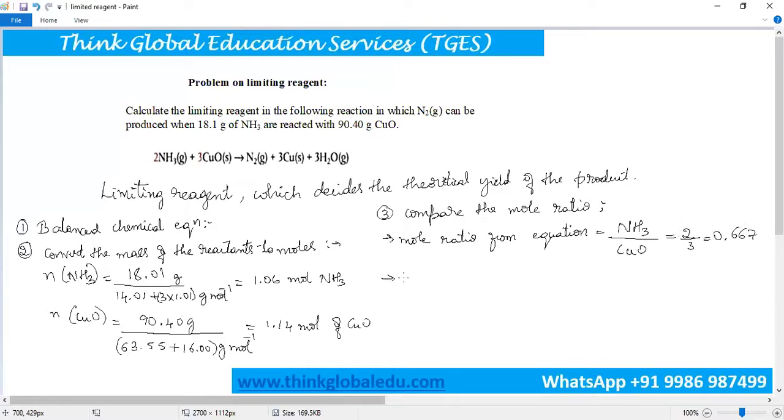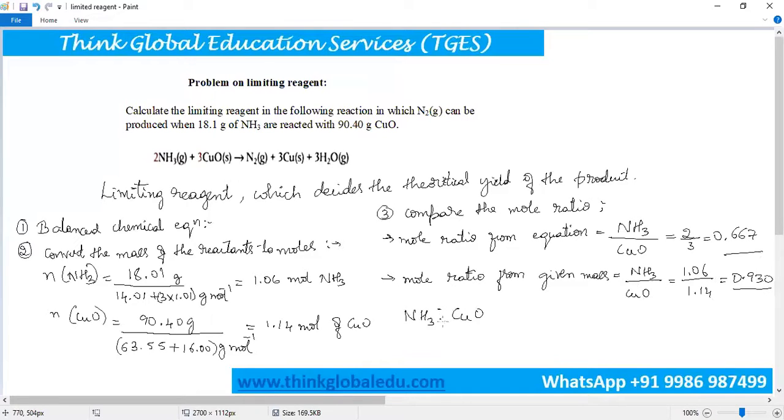and the mole ratio from the given mass will be equal to 1.06 divided by 1.14. That will be equal to 0.930. So if we compare the mole ratio of ammonia and copper oxide, which are obtained from the equation and the given mass,